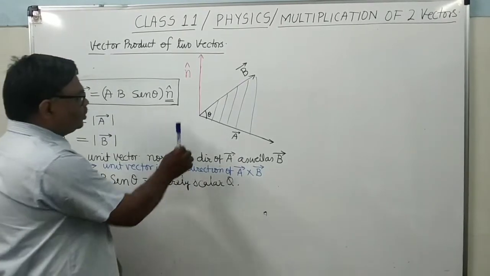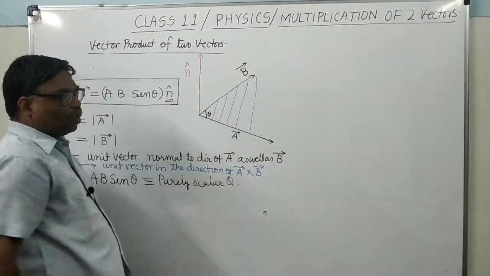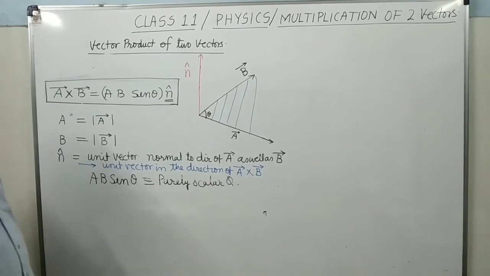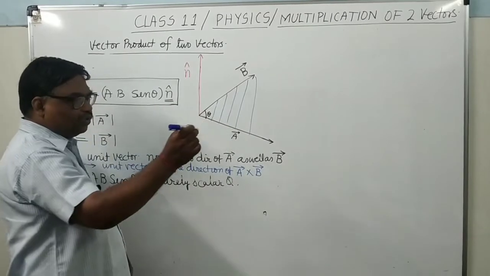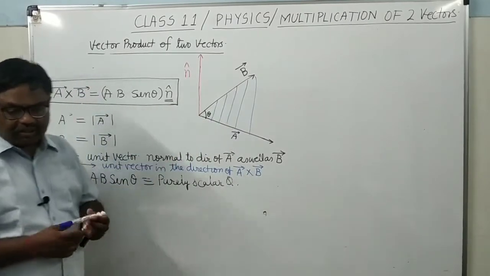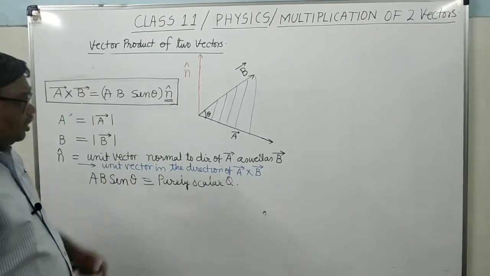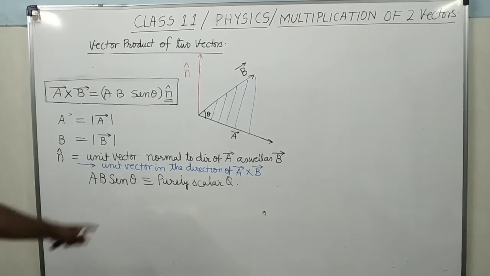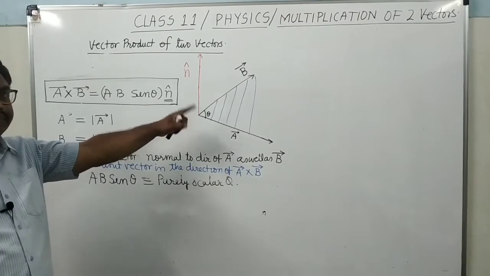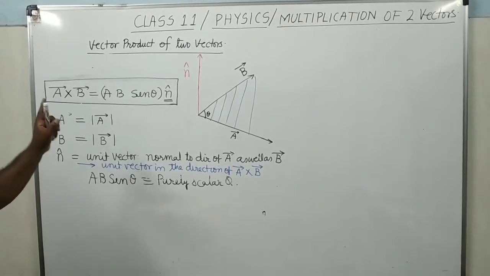Here this unit vector n is shown, which is normal to this as well as this, though according to the diagram it is not, because this is a 3-dimensional thing. Vector A, vector B and unit vector n are three-dimensional, so that's why I have made it like this. It is not giving the sense of perpendicularity, but here it will be a vector perpendicular to vector A as well as perpendicular to vector B. So you can see here vector A cross vector B.